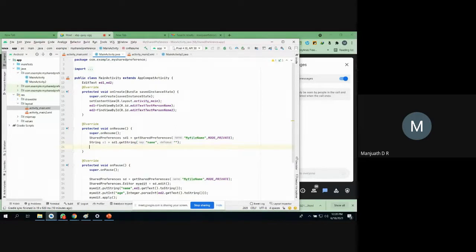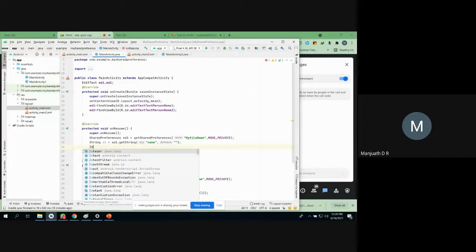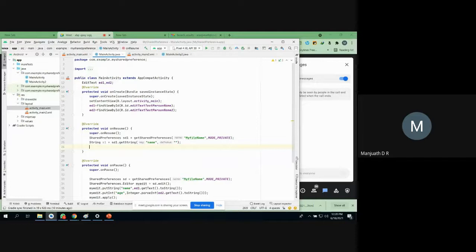So now second thing is integer. I'm going to call it as a1, since it is an integer, or I can use small int value. I'm going to call it as a1, and I'm going to read from my file, that is sd1. This is an integer value I'm reading, so getInt, and pass that key. What is the key? It is age, right? Age. And default value you can put 0, 1, anything. Okay, so once you've done that,